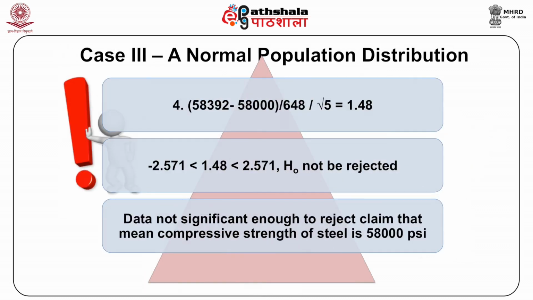4. 58392 minus 58000 divided by 648 divided by root 5 is equal to 1.48. Since minus 2.571 is less than 1.48, which is less than 2.571, H0 will not be rejected. The data is not significant enough to reject the claim that the mean compressive strength of steel is